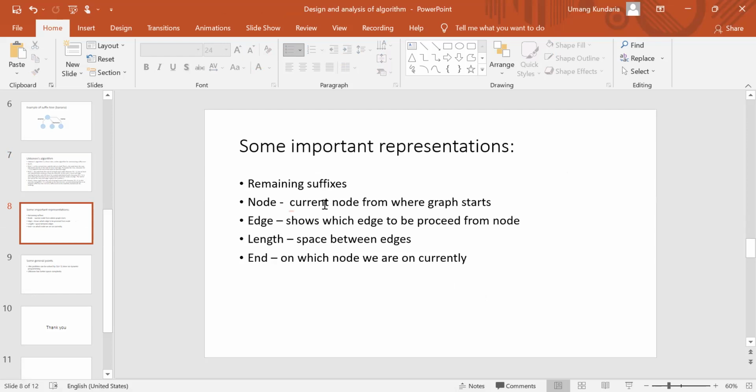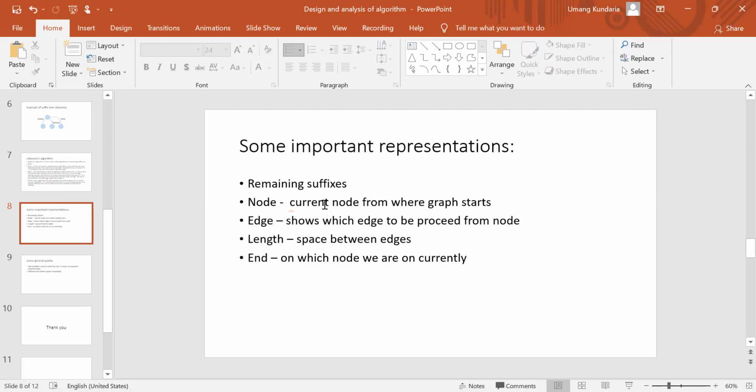And the active edge, and the active length. The active edge shows the edge from which we have to proceed from the active node, where we have to put another edge. This active edge shows from where the edge should proceed from the node above. Active length is the space between the active edges.